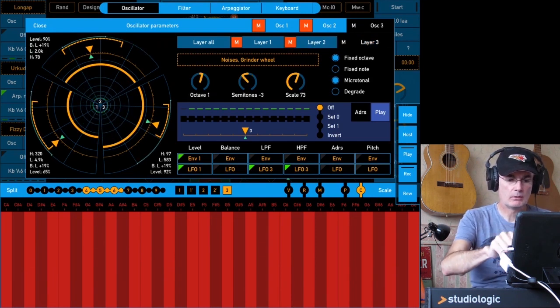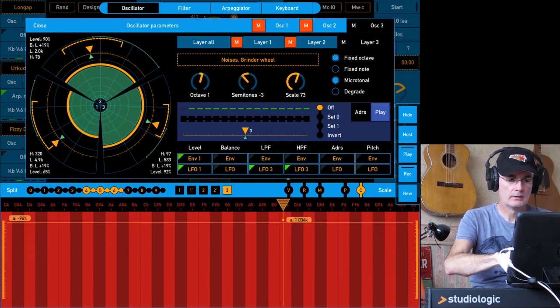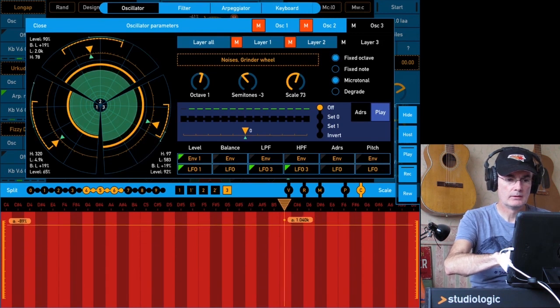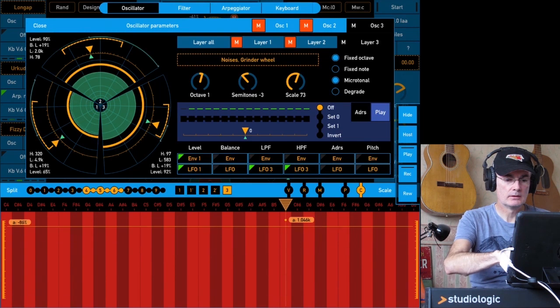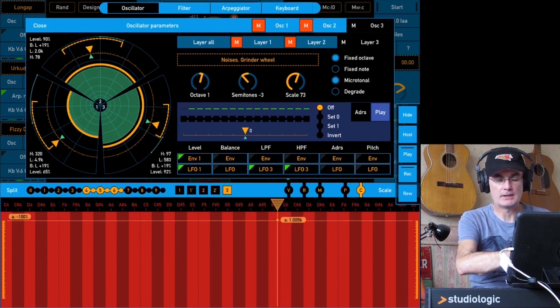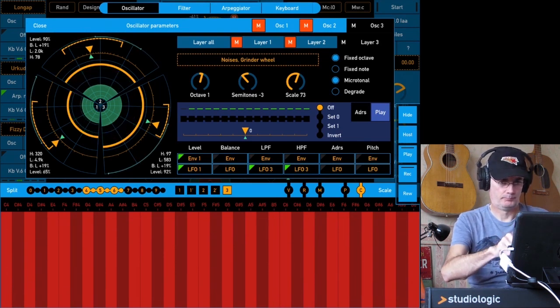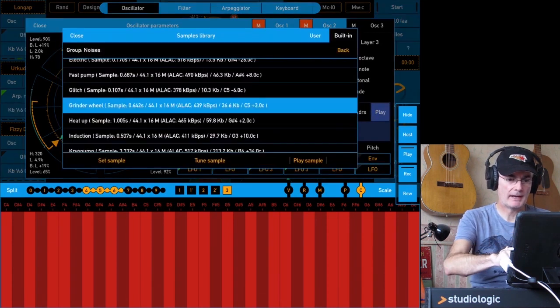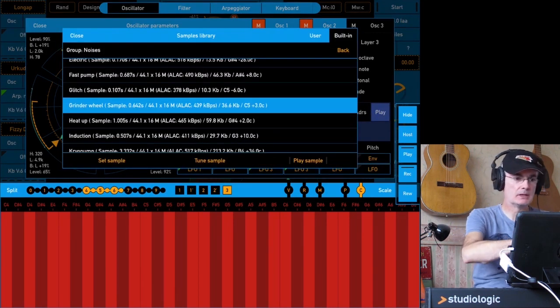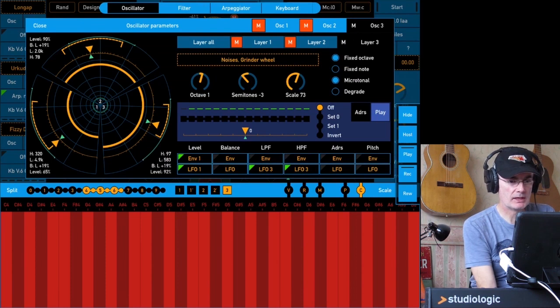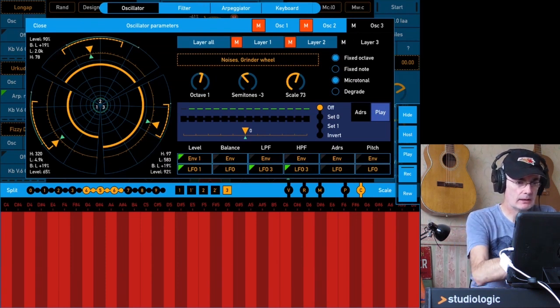Listen to it, it's kind of quiet. Layer 3. That's the fizz, I suppose. It's using this sample called Grinder Wheel, which is a noise sample. I suppose what's the interesting part about this is if we look at the